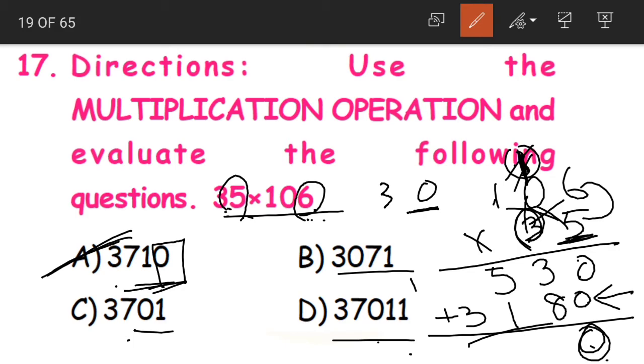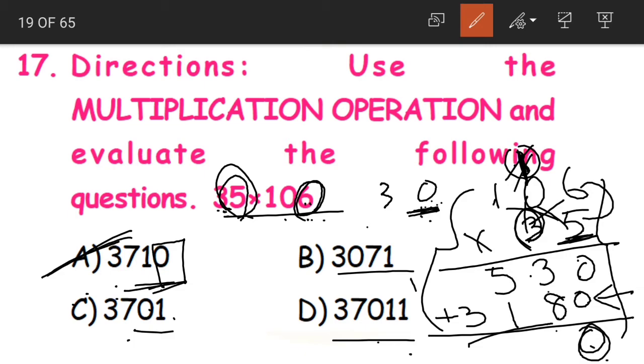Understood? So what happens in Olympiad exams is we'll be having little time and we have to solve as many questions as possible. So in this way, even without doing the whole multiplication, we can directly write the answer. Understanding, children? Multiply the digits in the units place and look at what digit comes in the units place of the product and match it with the given options.